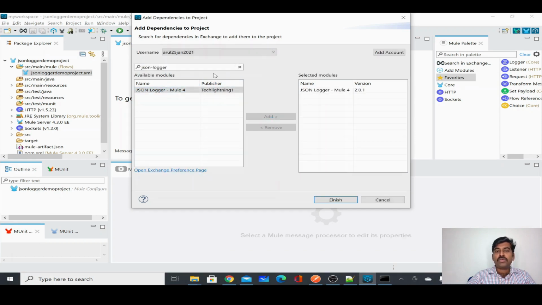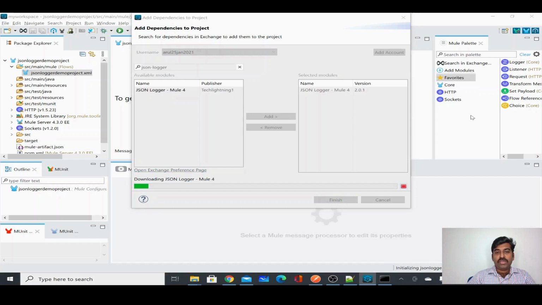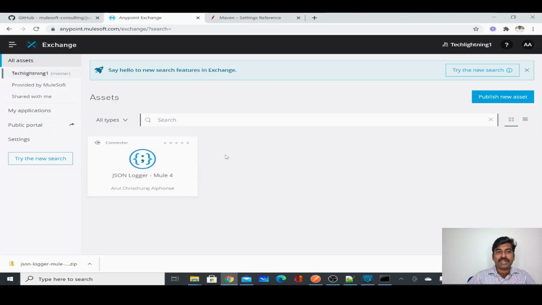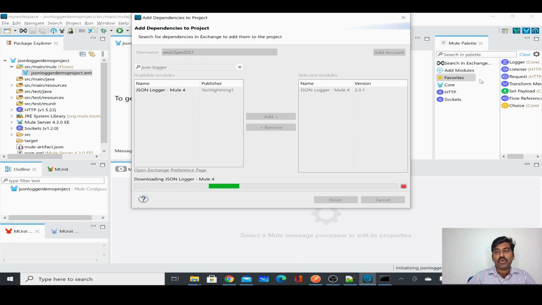So why were we not able to find it initially? Because it's not an asset or connector from MuleSoft. It's not supported by MuleSoft. This particular connector was built by the MuleSoft professional services team, and they uploaded it in GitHub, which we downloaded and put into our Anypoint Platform. I have installed it already as a connector in my Anypoint Platform under my organization. Now I'm just downloading it from my Exchange to my local Studio.